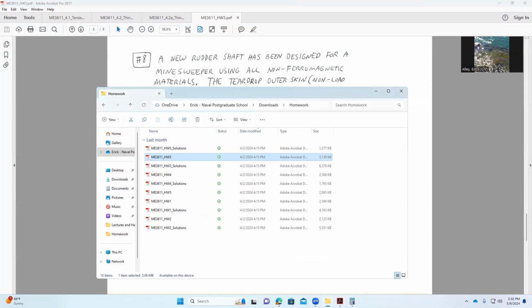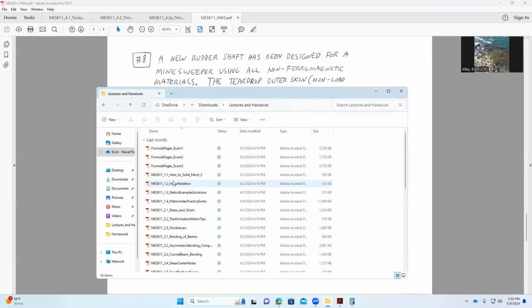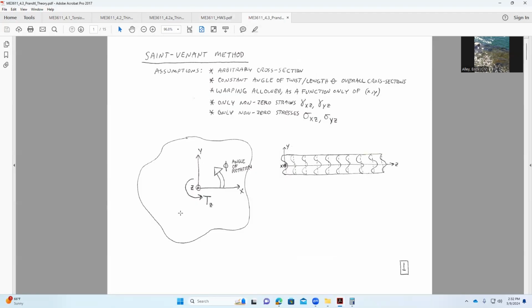Alrighty, so the last part of the torsion chapter that we're going to delve into is a little segue into elasticity theory. Probably have time to get through a basic example for this at least. So we'll get started. And what we're going to do here is introduce a topic that gets expanded on in